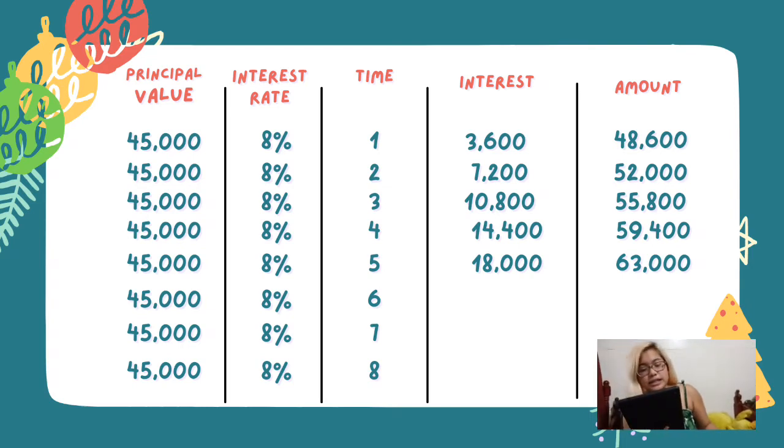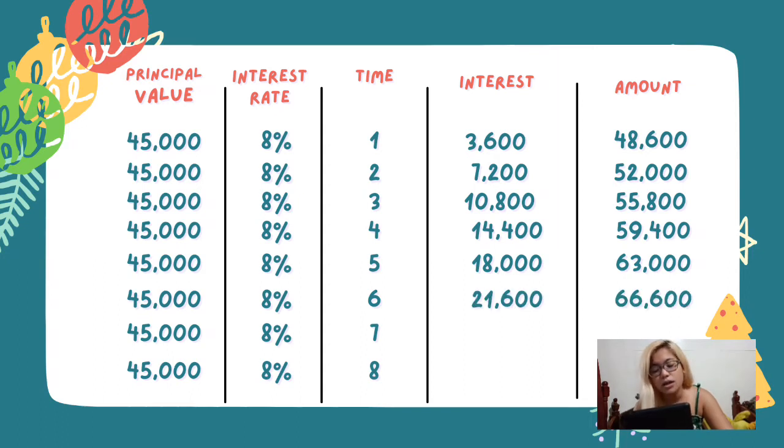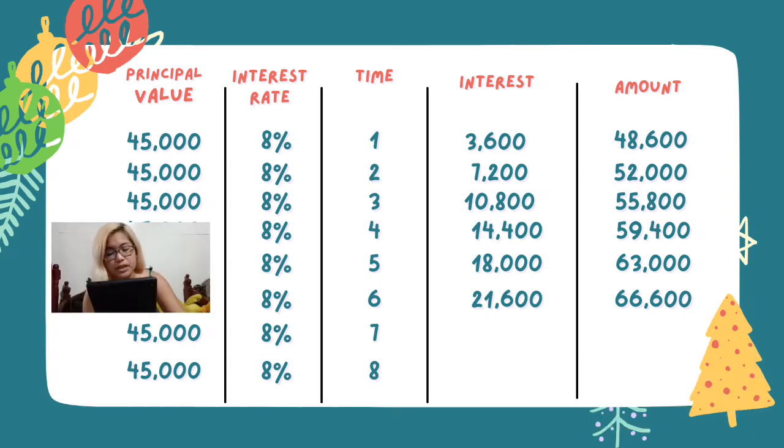So for the sixth year, again, same process. 8% of 45,000 pesos times 6 will equal to 21,600. So the interest of 21,600 we will again add it to the principal value and that will result to 66,600. So for the seventh year, 8% of 45,000 pesos times 7 is equals to 25,200. So 25,200 plus 45,000 is equals to